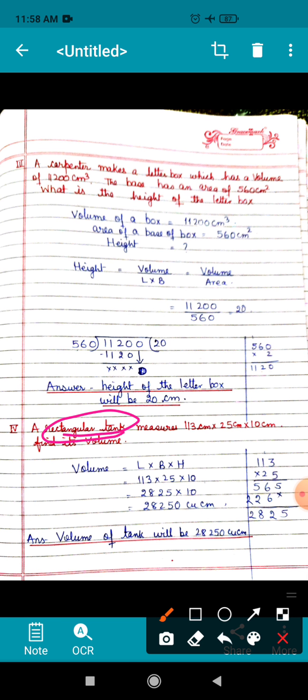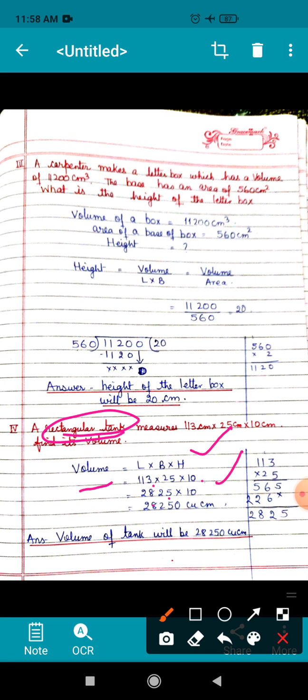It means the figure is cuboid shaped and the volume of a cuboid is equal to L into B into H. L stands for length, B stands for breadth and H stands for height. When you will place the values, length 113, breadth 25 and height 10,